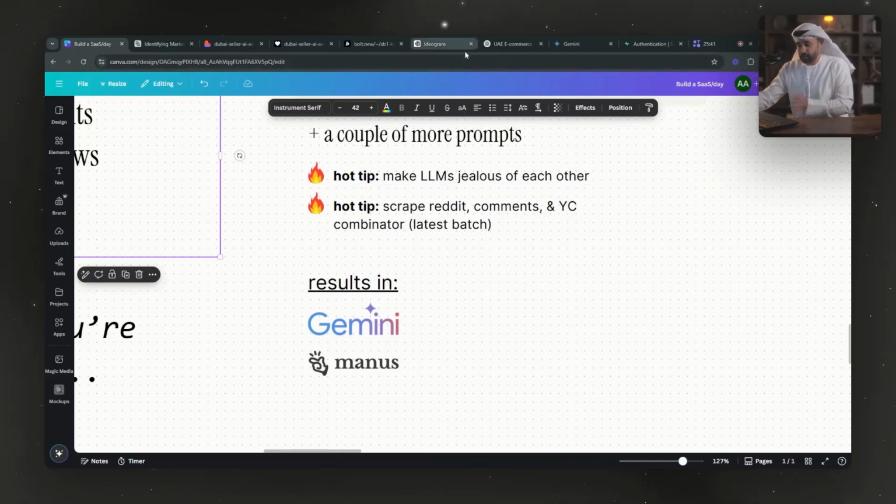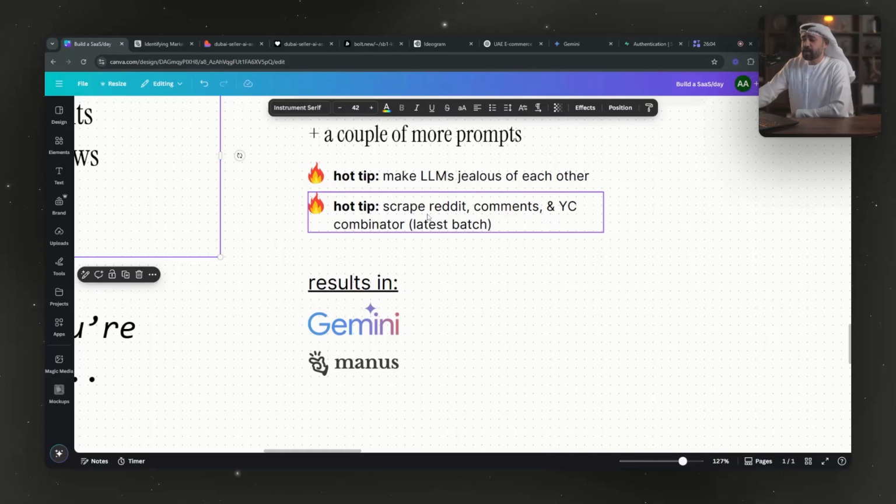I have to look through which prompt I used, but it usually starts with, "Hey, I realize also that there's a missing part." So I don't know if it's a competition thing or so on, but they agree with you and say, "Yes, it's missing and there's incomplete information. Let me fix that for you," just showing that it's better than the others. So make them jealous of each other. Very hot tip over here.